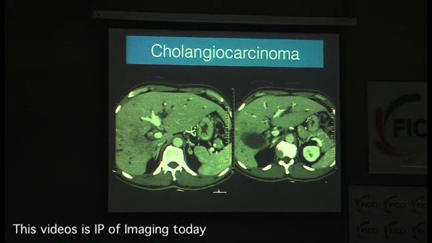Ideally, you should have fat around the hilum. If there is no fat, there is something wrong. So if you see this gray tissue, it is abnormal. So you see the right hepatic artery is stuck in tissue, the left hepatic artery is stuck in tissue. There is tissue around the right portal vein, there is tissue around the left portal vein. This is something you should look for.